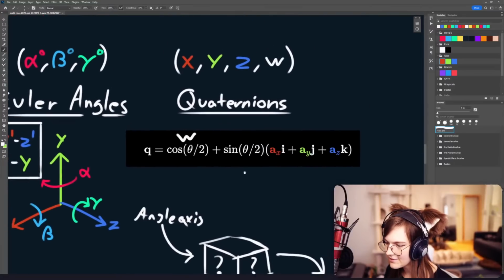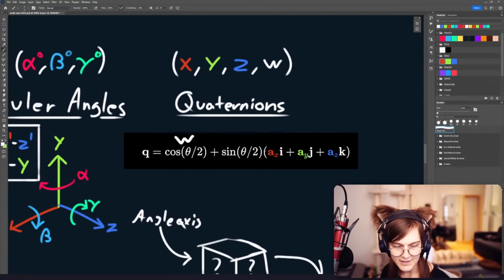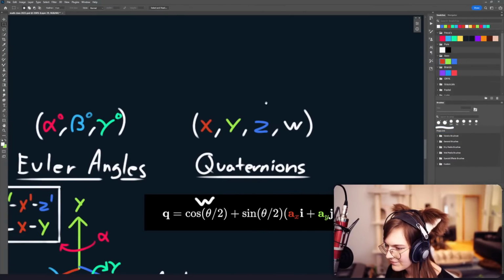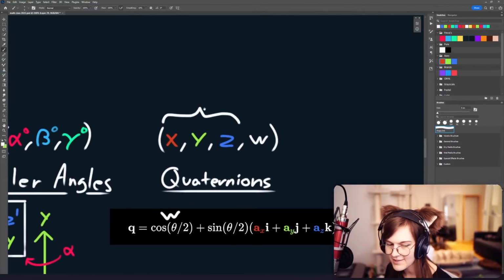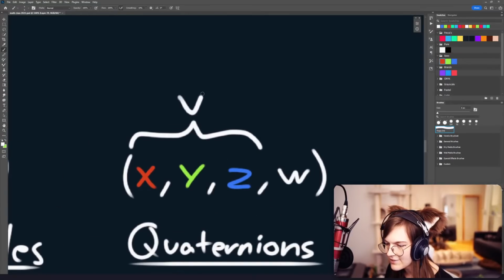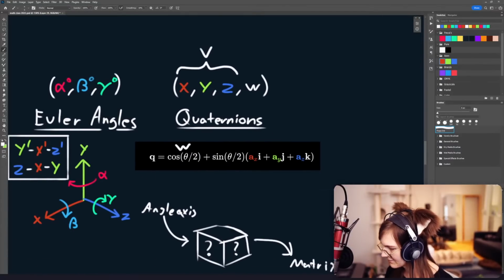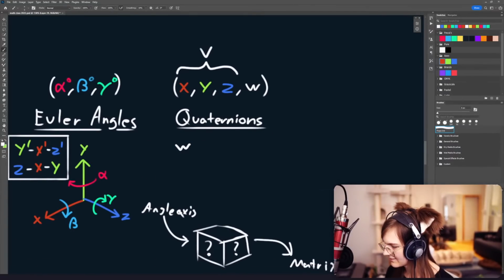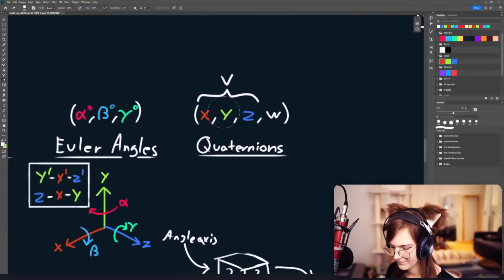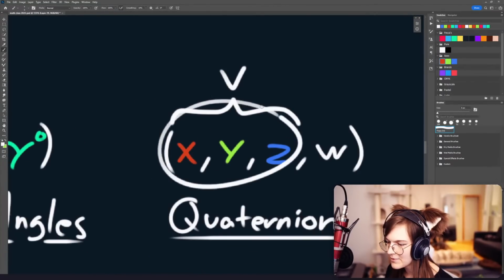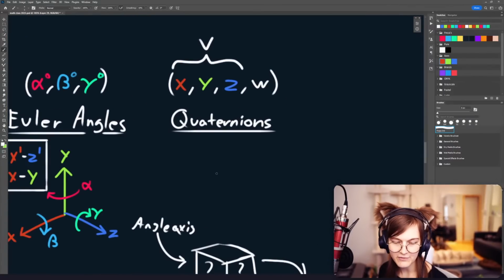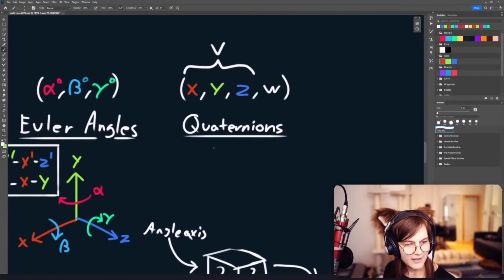Okay. And so if you want to recover the axis that it rotates around, you can get that by normalizing this as a vector. So if we call this v, let's hide this mess. So this up here is v. If we want to convert this to angle axis, then